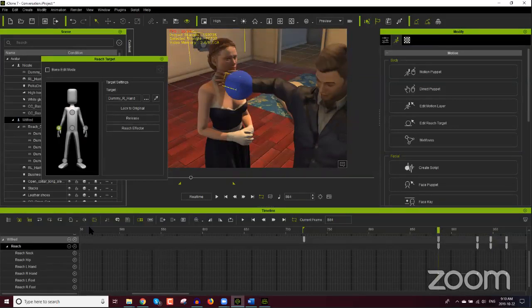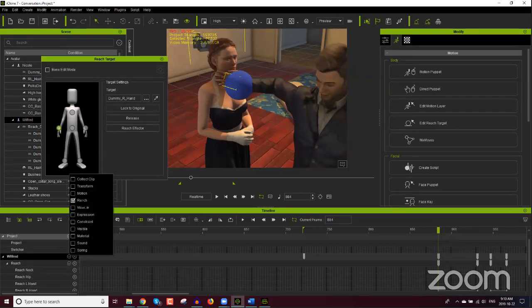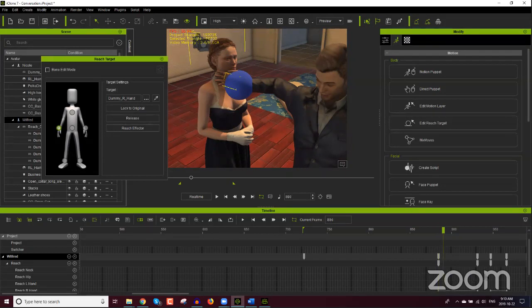So it's under your character. I was looking under the dummy. So under the character, Wilfred, it's the reach track right here, okay? So this will show you when your reach is enabled. So this little line here, you'll see when it's enabled, and when it's disconnected here,